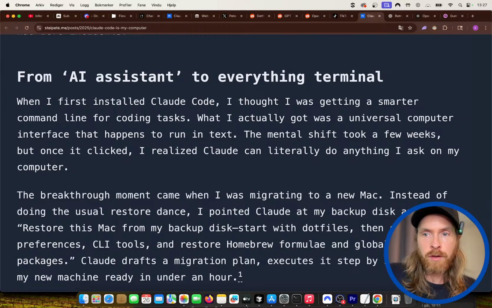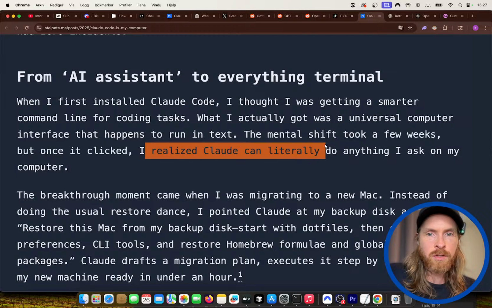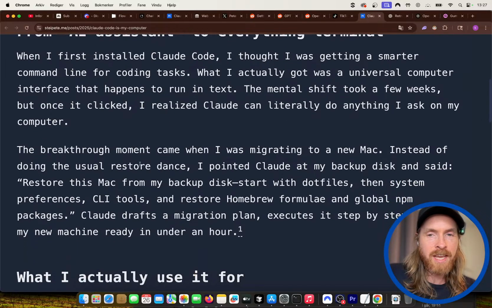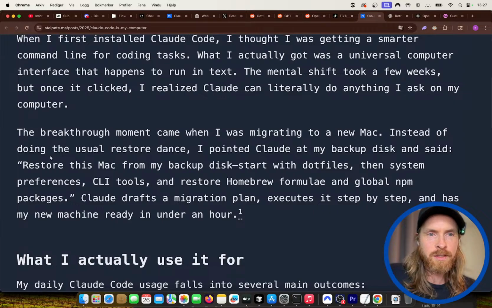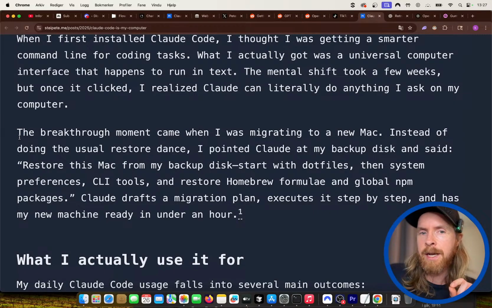The mental shift took a few weeks, but once it clicked, I realized Claude can literally do anything I ask on my computer. Yeah, it is pretty cool. I think you can create MCP servers that control apps too. I think I saw an MCP server that controls, is it called Blender, or something like that?